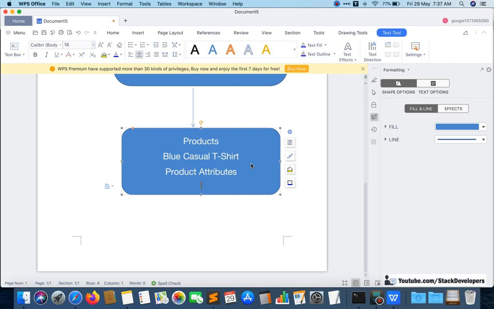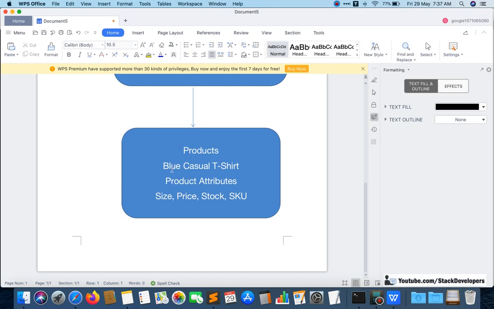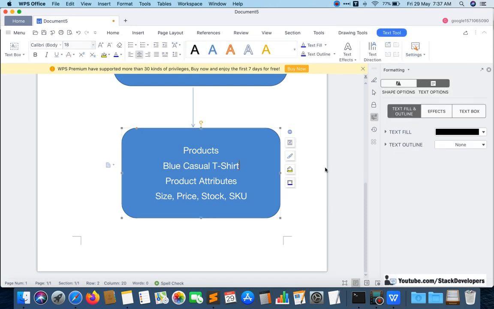So attributes are like size, stock, price, and SKU. These are the attributes, okay. So its code is like BCT01.